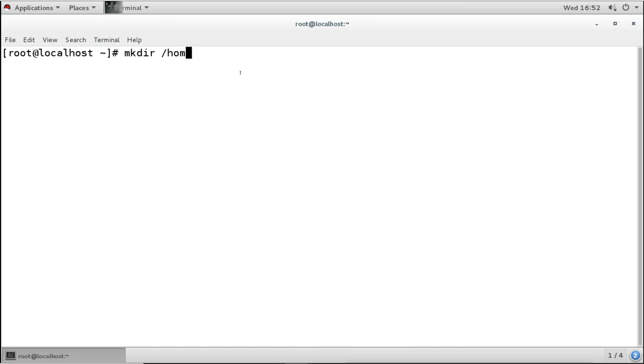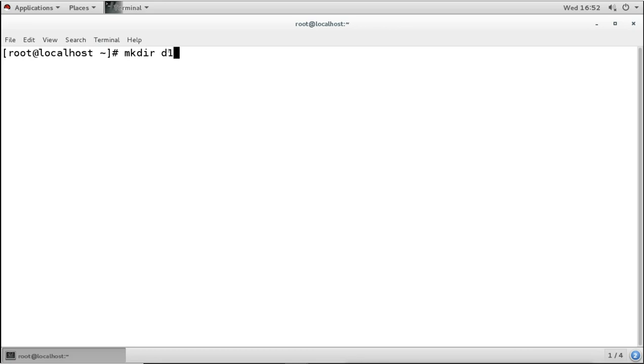So I will go to home, then to the other user's home directory, then to that user's desktop, and then I can give the directory name. So it will create the directory there. It depends on where we want to create it. According to that we can give the absolute path, or if you give the name directly, then it is going to create it under the local directory, the present working directory.